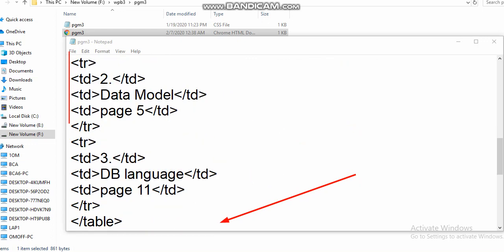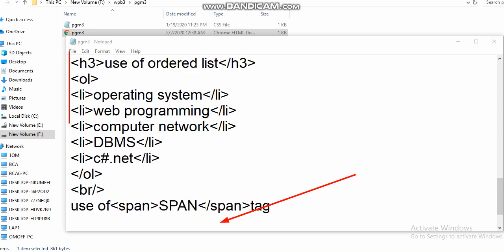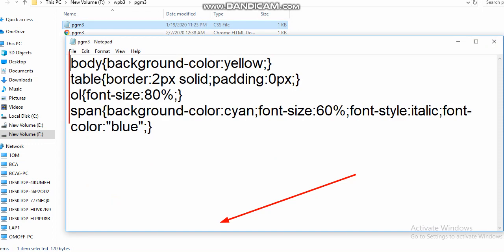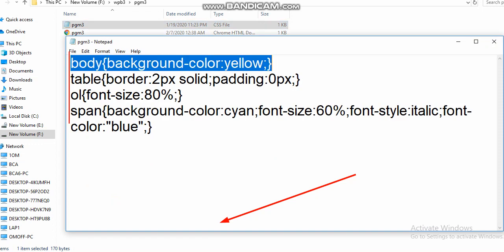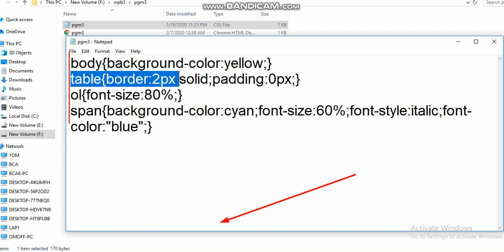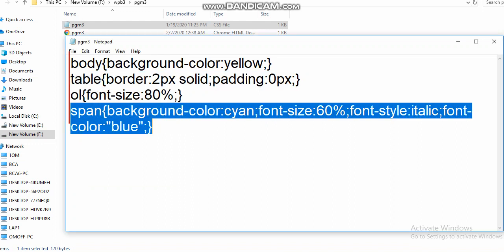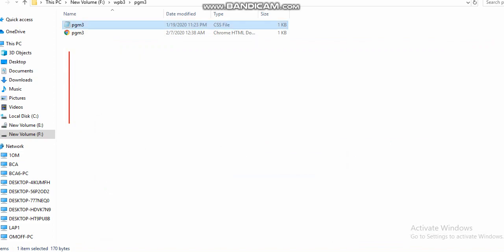I'm creating the rows and the page number, and you can see that wherever a body tag comes, these features are applied. Whenever a table tag comes, these features get applied. Whenever an OL tag comes, these OL features get applied. Whenever a span tag comes, these features get applied.